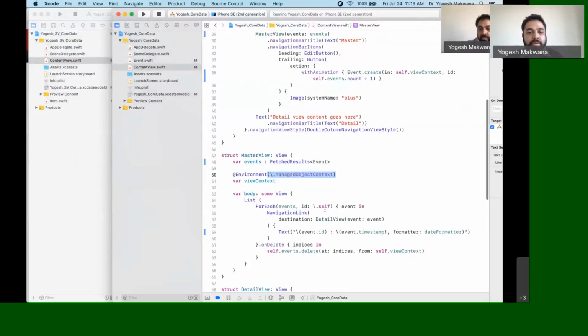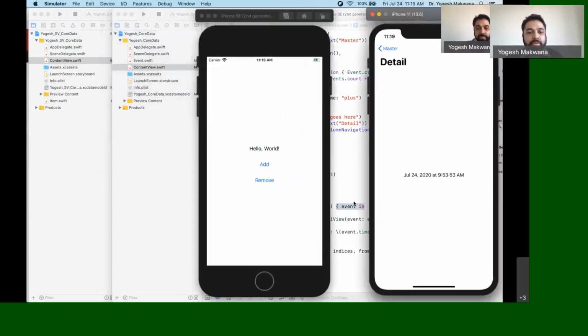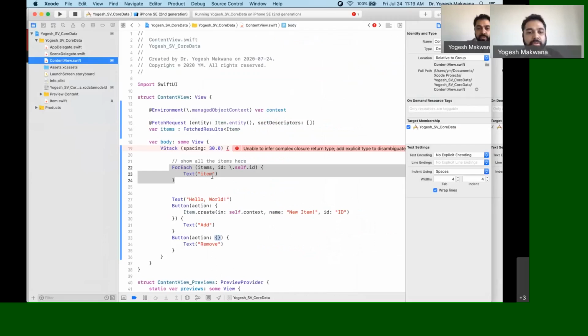For each, okay, because the closure needs to receive an argument. That's the problem. So over here, we'll say item in,